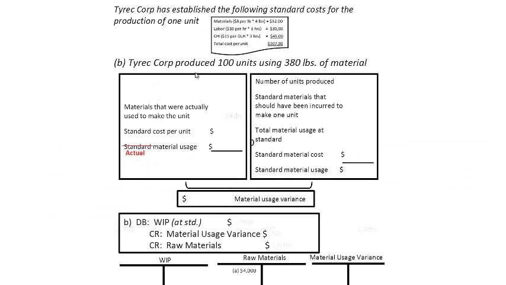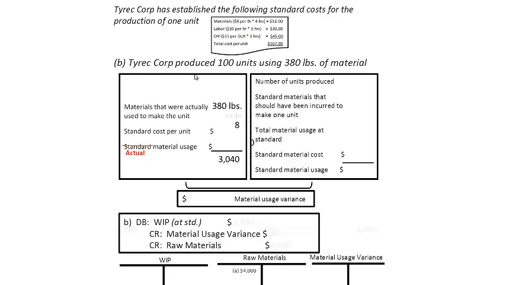Okay, now entry B, basically Tyrek Corporation produced 100 units. So we produced 100 completed units, and Tyrek used 380 pounds of material. So what we want to do is calculate our actual material usage, but at standard cost. So we're going to take the actual materials that were used, 380 pounds, times our standard cost per pound of $8 per pound, and the actual material usage at standard cost equals